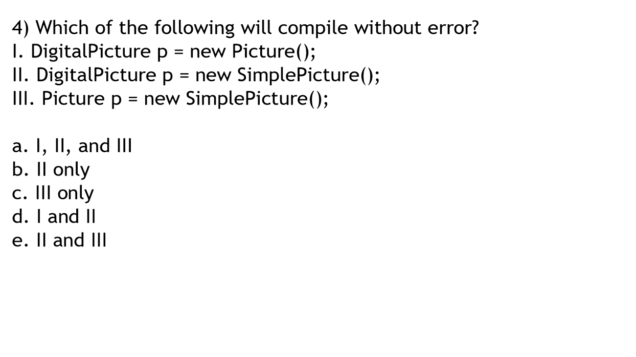Okay, so number 4, which of the following will compile without error? There's three choices, one, two, three, and then from those we're supposed to select A, B, C, D, or E, which are combinations of the three things that we have there. So if you remember the picture project, one of the things that we defined early on was